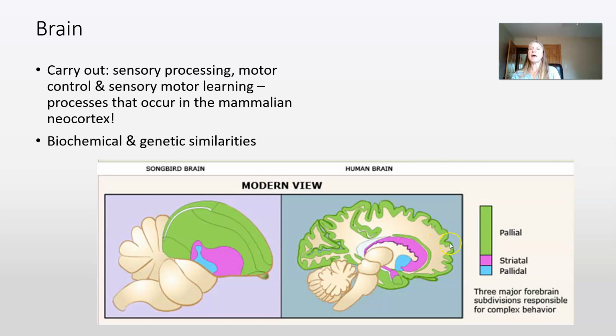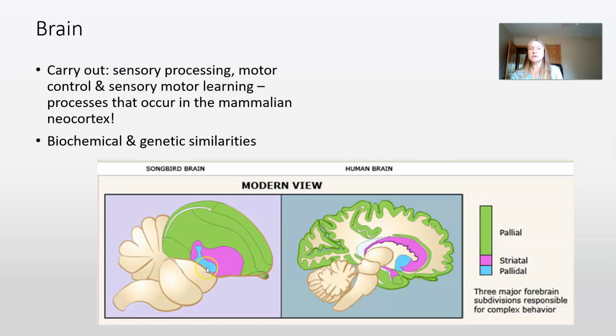So this paleo area, though, is what we're really thinking about. This is where all of these neurons are. But in songbirds, they always thought, well, this is really small. They don't have all these gyri and sulci to increase the surface area, so birds must not be as smart, or they don't have the same abilities. But basically what we found is that in birds, all of this green area is genetically and biochemically similar to the paleo area of the human or mammalian neocortex, okay?